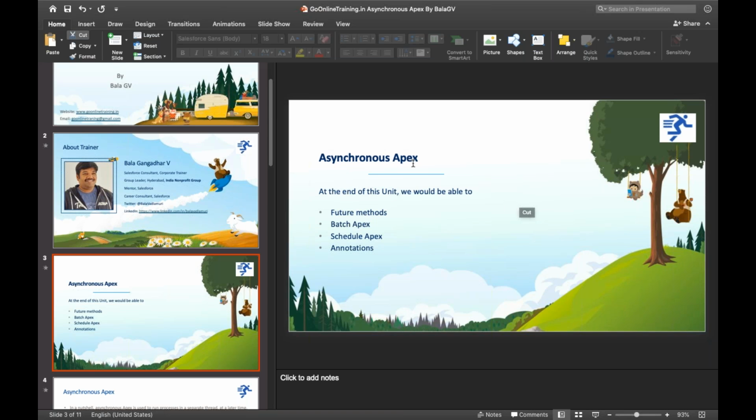Asynchronous Apex is one of the solutions for governor limits. We'll discuss in detail, and at that time you'll understand why we exactly use asynchronous Apex.